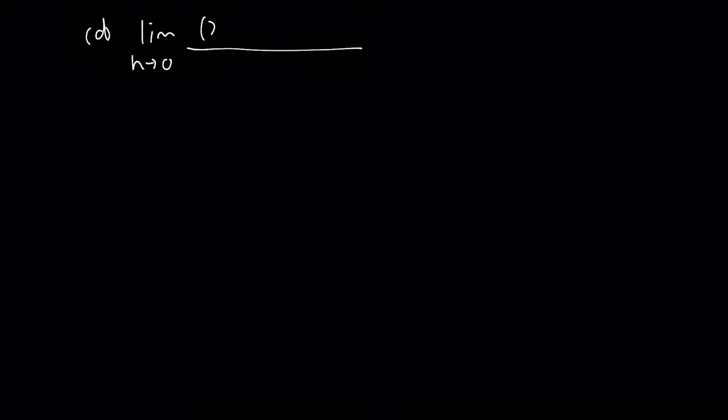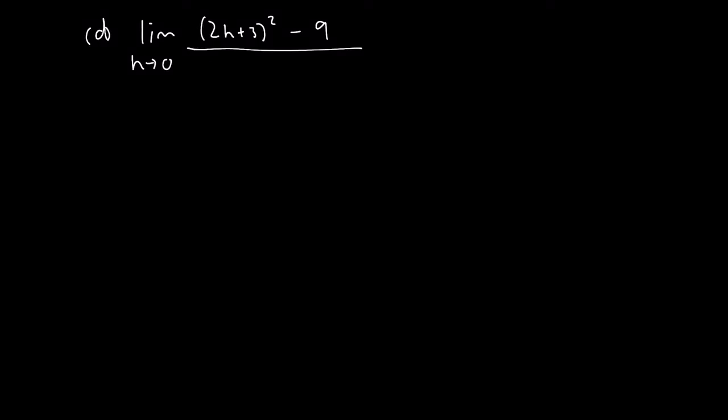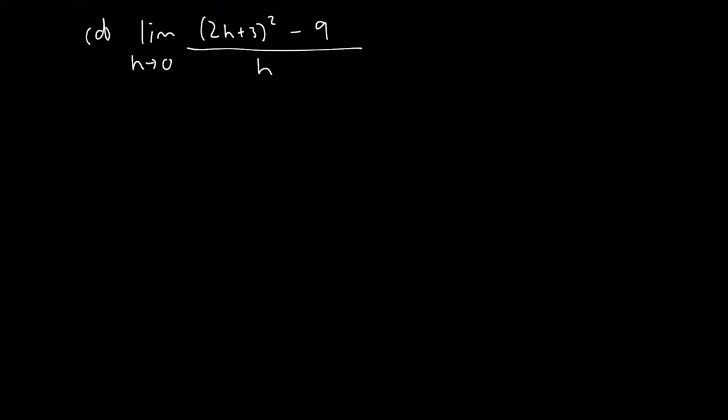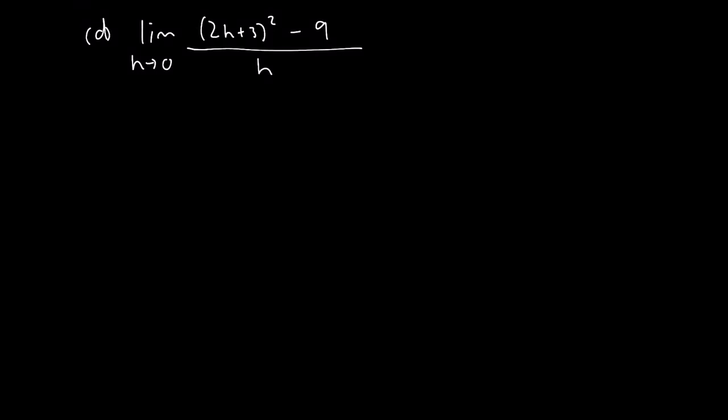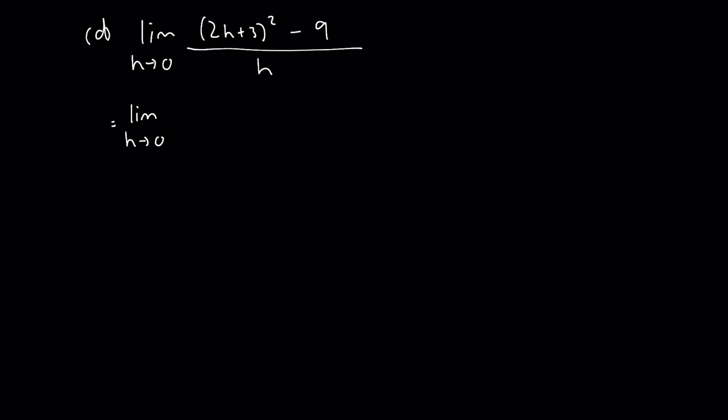Right, if we look at example D, we're going to see a similar thing occurring here. So they're asking for the limit as h approaches 0 of 2h plus 3 all squared minus 9, and that's all over h. Now, in this case, again, you cannot substitute h equals 0 into the expression as it stands because we will have a 0 in the denominator, which is then undefined. So there are two ways that you can do this. The first way is, and again, remember, we keep the limit notation now because we are not substituting h yet. First of all,